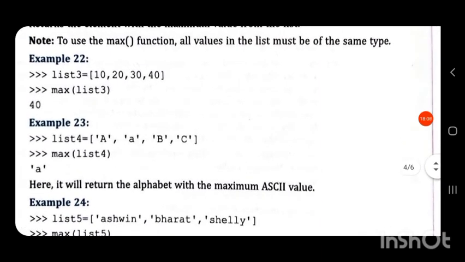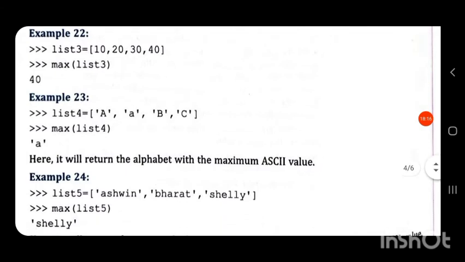Here we have the list3 equal to 10, 20, 30, 40. To return the maximum value, we have max. Max is a function, so inside the bracket we are giving the argument.